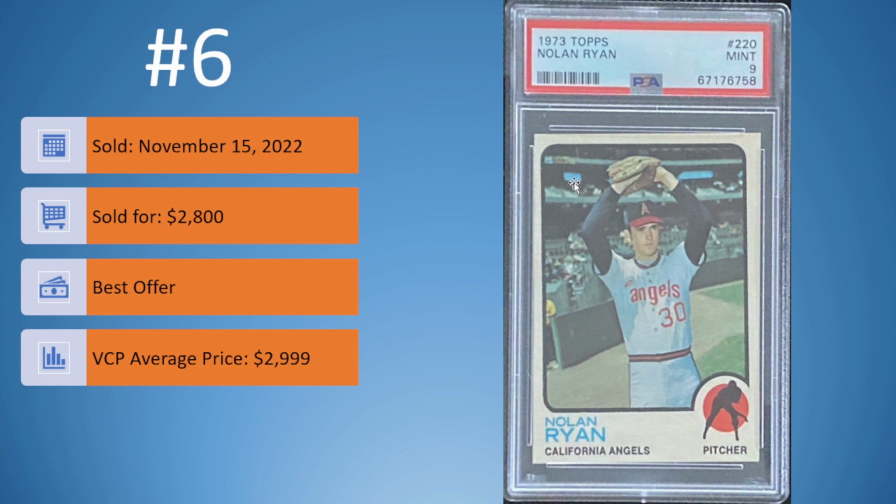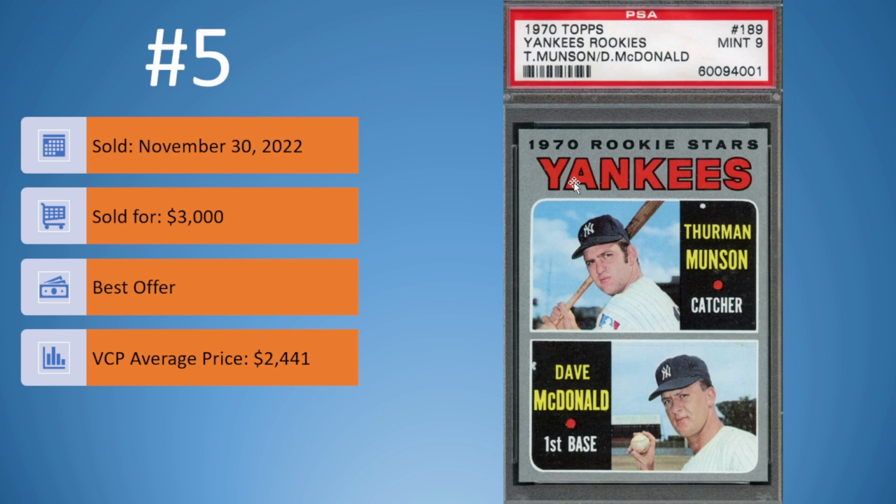At number 5, we have the 1970 Topps Thurman Munson rookie card in a PSA 9. Man, looking at this card, if you're familiar with Thurman Munson's rookie card, very often you'll see an example right there above Thurman Munson, a little white dot, and sometimes down near Dave McDonald there's another white dot. Seems to be fairly prevalent in at least the Thurman Munson and or Dave McDonald area, in that black area. I don't know if that affected it not being a 10, but that is one sharp looking Munson